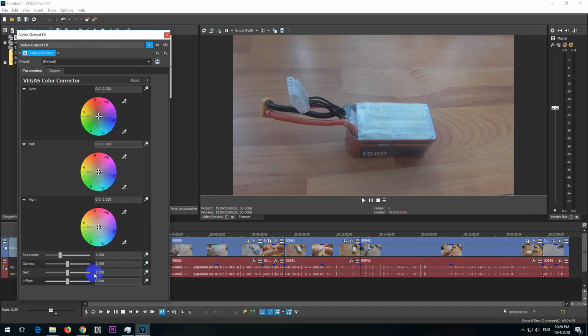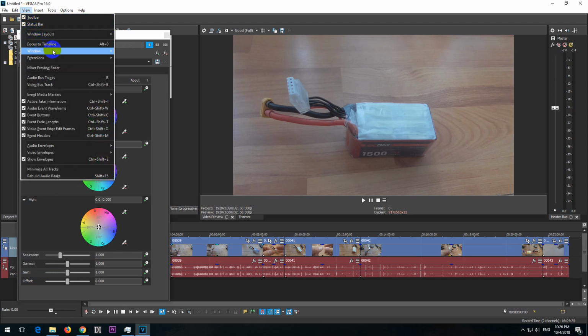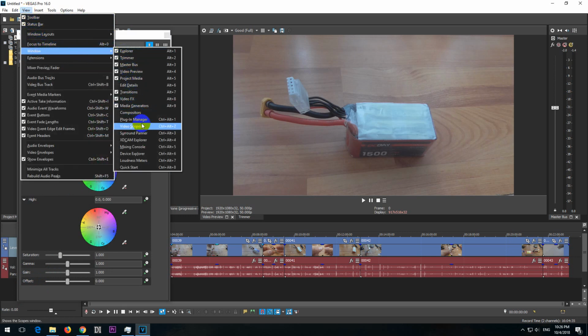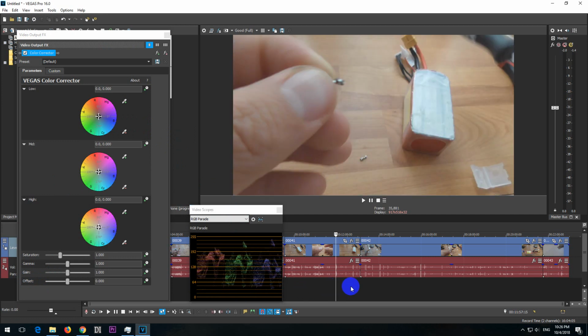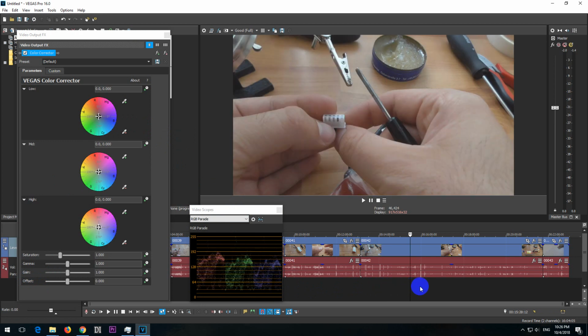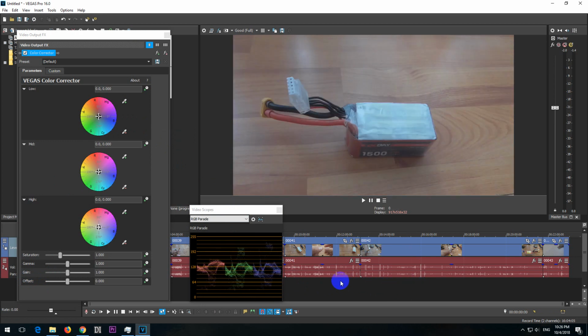We will use the gain and the offset, but first let's open another window: View, Window, Video Scopes. Okay, and here we have these dots. These dots, the red, green, and blue, are different for each and every frame of the clip. Okay, but let's use the first one,